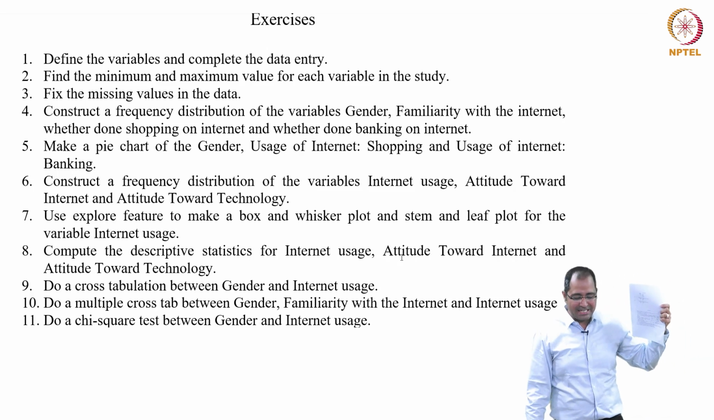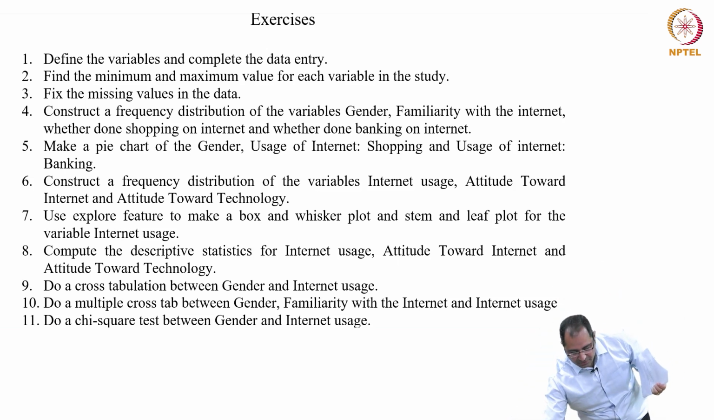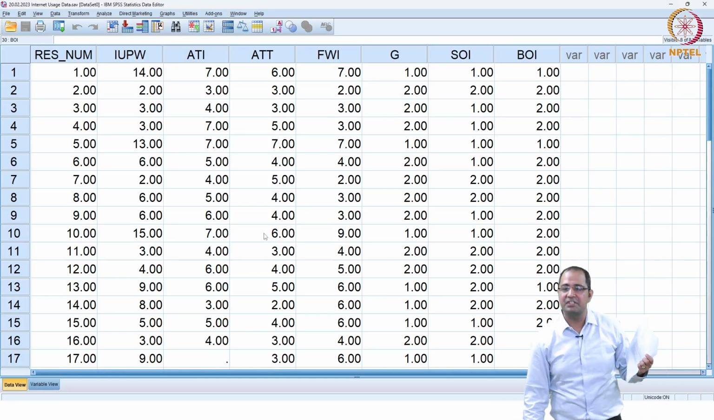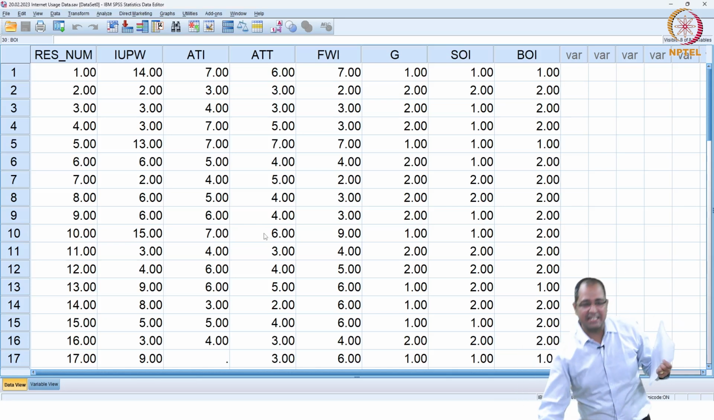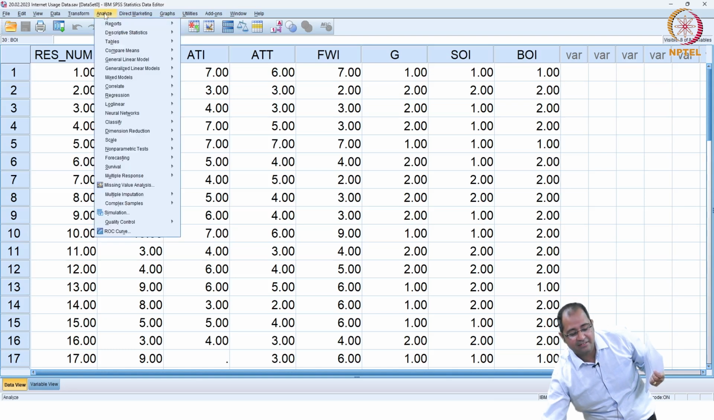Second one is find the minimum and maximum value for each variable in this study. Let's do that. So we have this, how to do the second operation, second exercise, find the minimum and maximum value. Go to analyze, left click, you have descriptive statistics,